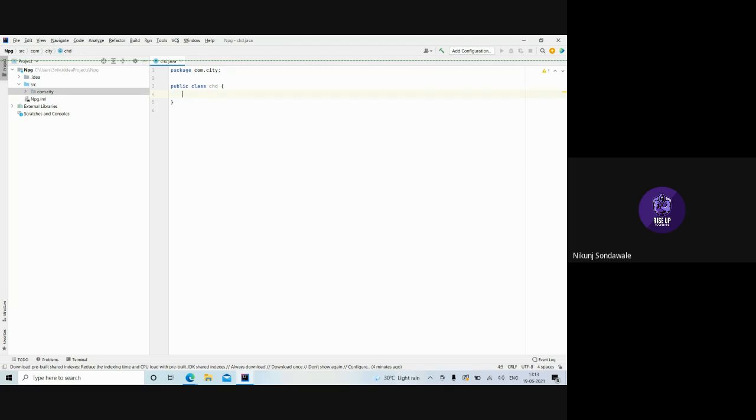For that, we will require a method with public access and static, and we'll give the return type to our method as String. We will name our method KK, and inside that method we will accept a value, let's say a double value, variable val.